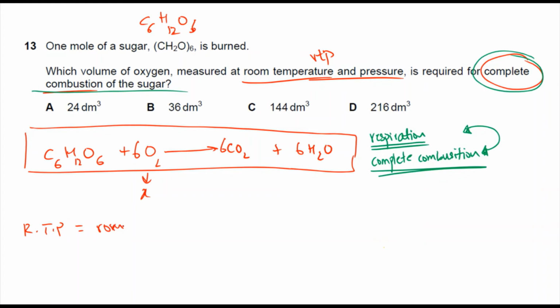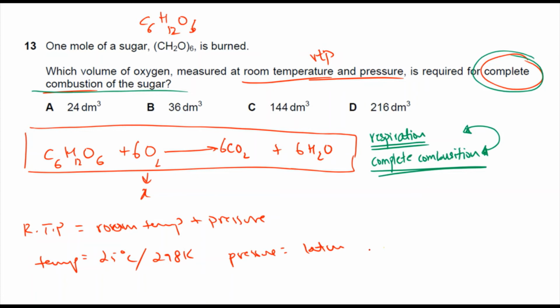So, room temperature plus pressure, and the temperature here is considered to be 25 degrees Celsius, 298 Kelvin, and the pressure is the same, which is 1 atm or 101.3 kilopascals, or to be very exact 101.325 kilopascals or 760 millimeters of mercury। यहाँ पे आप नोट कर रहे हैं कि अगर आपने डिग्री सेल्सियस से जाना हो टू केल्विन तो आपने बेसिकली प्लस 273 करना होता है। नोट दैट डाउन एज वेल। अच्छा जी, काफ़ी देर हो गई इस क्वेश्चन पे। पॉज द वीडियो, नोट इट डाउन, देन वी आर मूविंग ऑन।